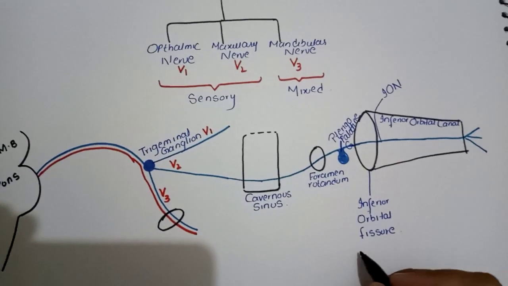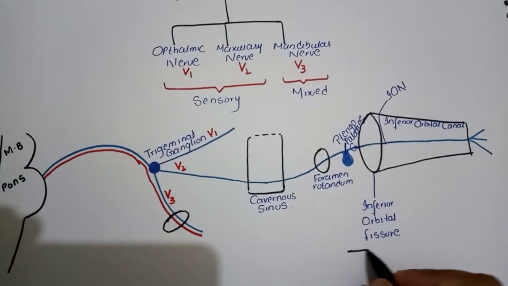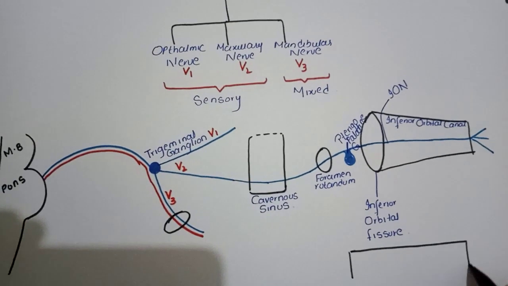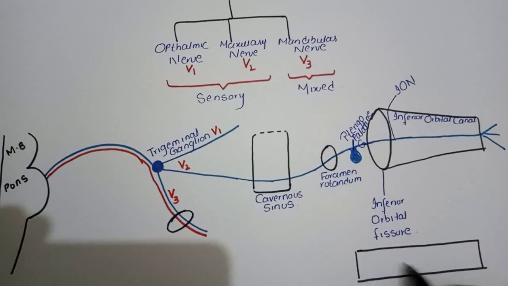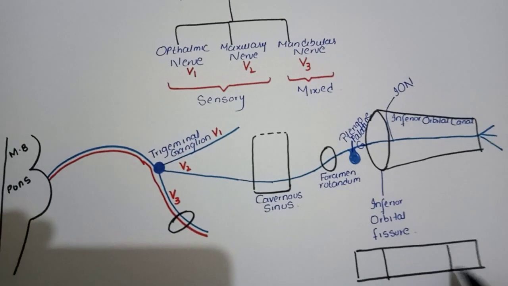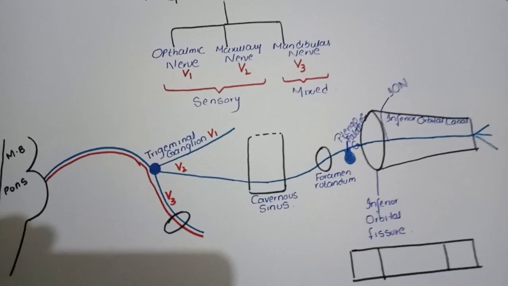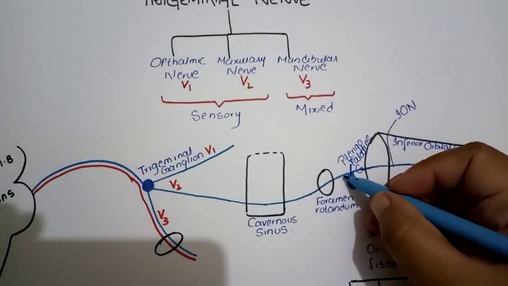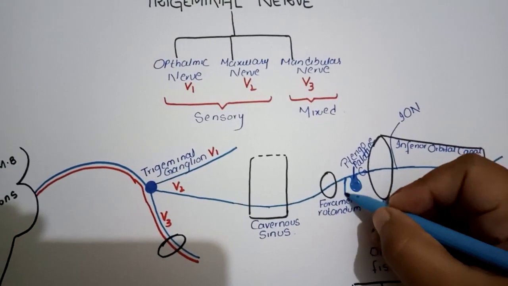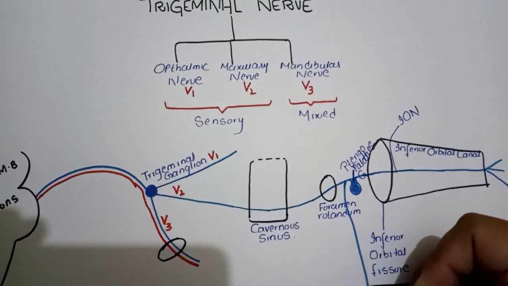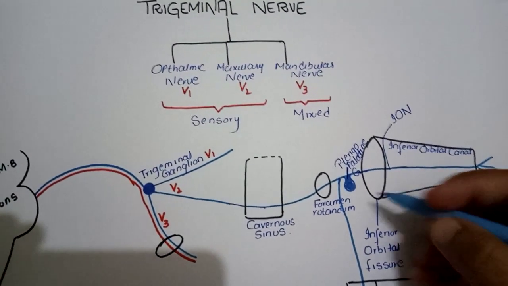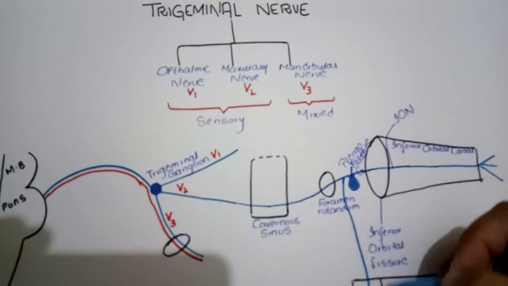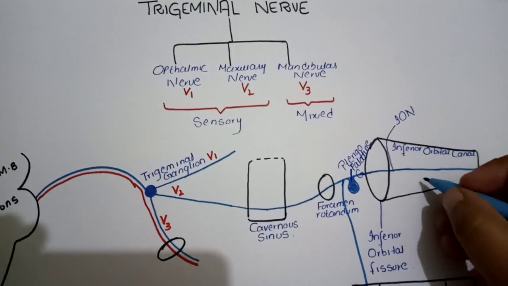Just inferior to the inferior orbital canal is the palate, and the first nerve which arises from the maxillary nerve is between the foramen rotundum and the pterygopalatine ganglion, and this is the main branch and the direct branch of the maxillary nerve,